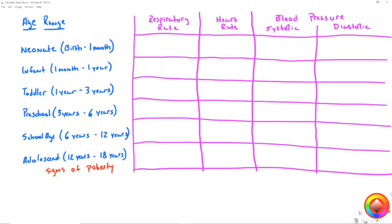All right, so let's start moving into our columns here. We're going to start with respiratory rate, and the neonate and the infant, according to PALS, actually have the same respiratory rate, and that is 30 to 53 or 60, depending on which text you read. The new PALS that came out in 2016 actually has the 30 to 53, but you'll also see some studies and publications with the 60 breaths per minute. All right, moving right along to the toddler, we have a range of 22 to 37 breaths per minute,